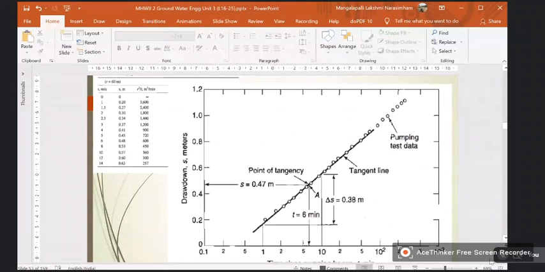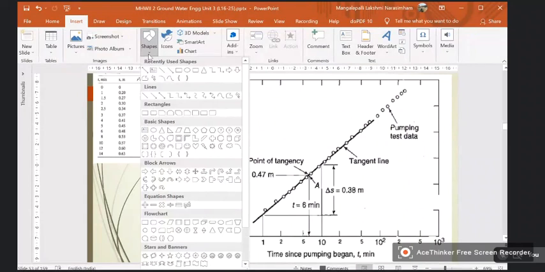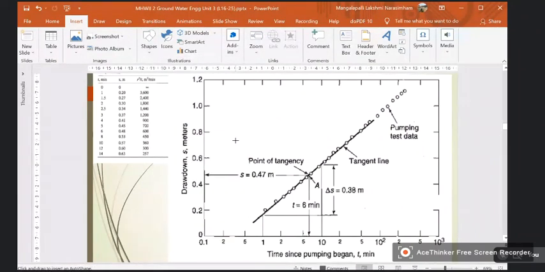See, this is the one. Now this is our drawdown, and this is our time. So you can see this is logarithmic scale and this is ordinary scale. So these are your pumping test data. It so happened that they are almost on a straight line. They may be anything. For example, you may have